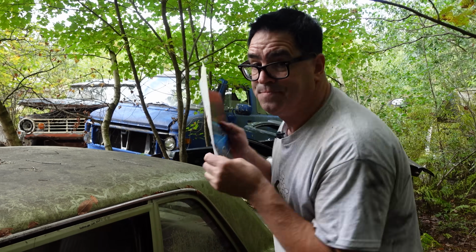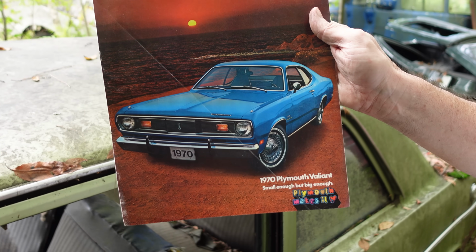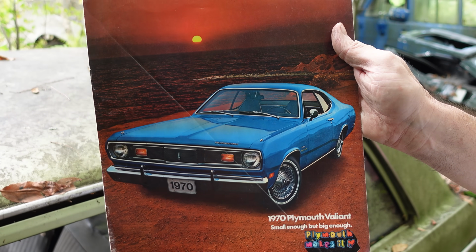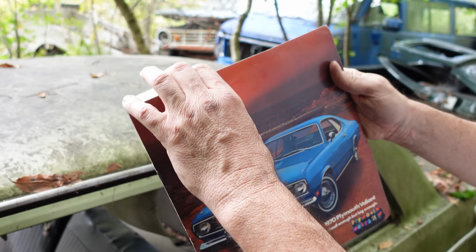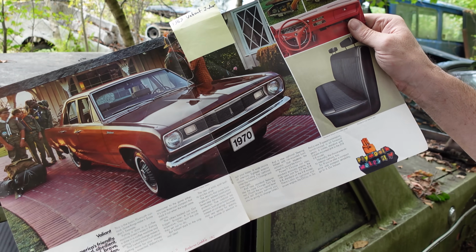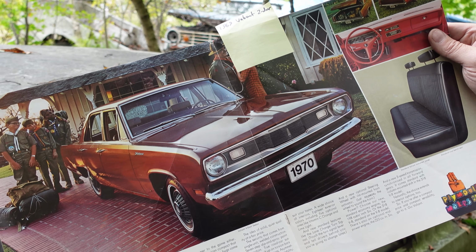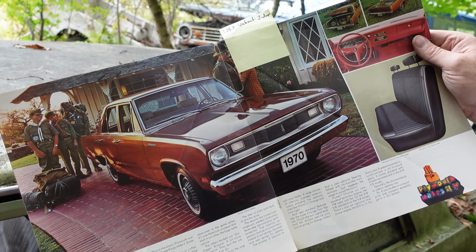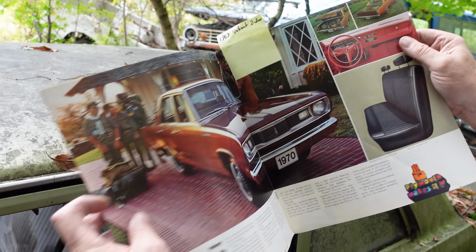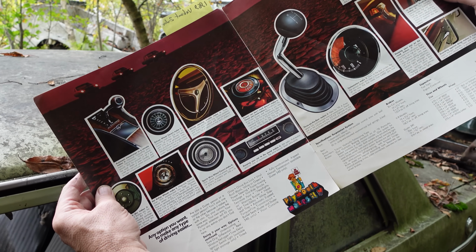It gave way to the Duster, and here it is. These were actually priced around the same, and these were very capable of being very boring Slant Six cars or 340s, you name it. In 1969, 70, of course, the 4-door Valiant lived on, but the 2-door post was gone because the Duster took its place. But the beauty of the Duster, of course, is all the options, the 340 in the middle right there,